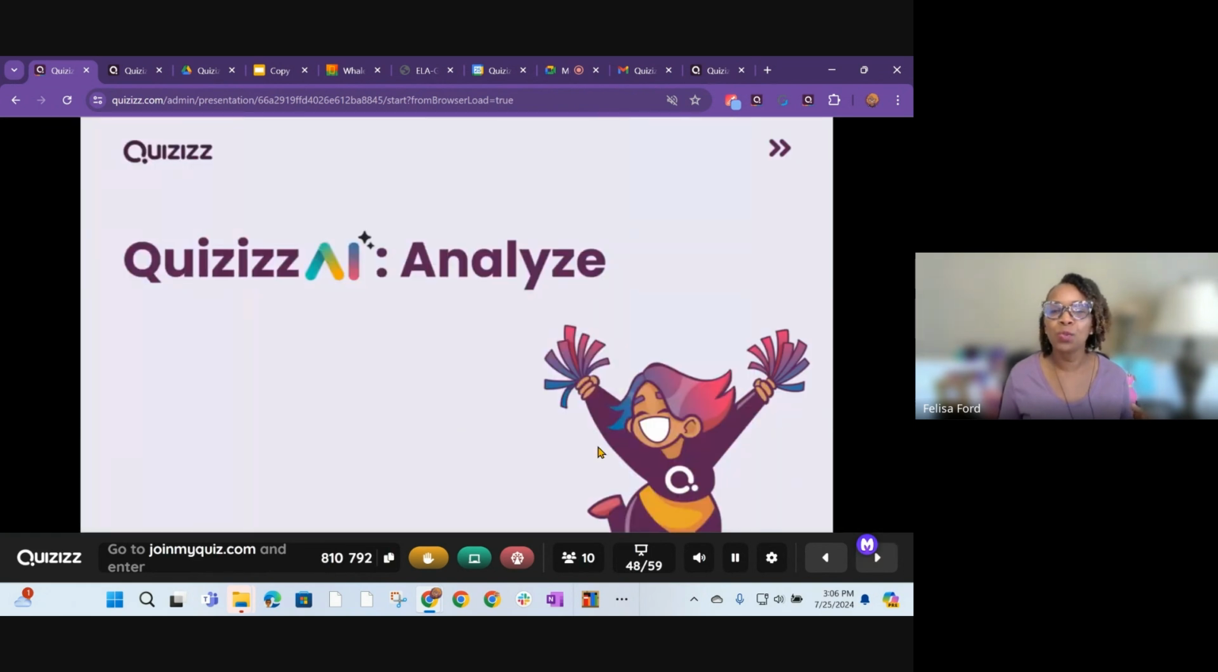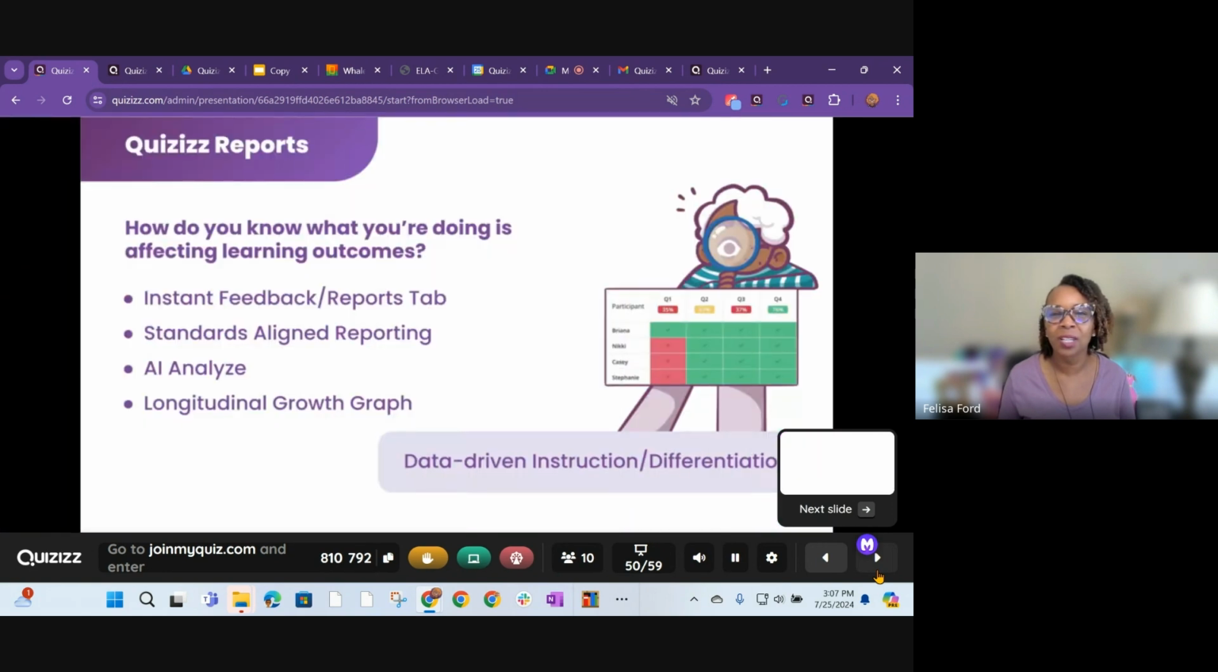Now we're going to move on to the last AI feature, which is also in reports. We know that we use data for many purposes, and oftentimes we have to spend a lot of time making sure that we are providing the support that our students need. Our teaching assistant can help us analyze this data and identify areas where our students struggle. This lives in the reports tab, and I'm going to show you in real time what we can get with reports and